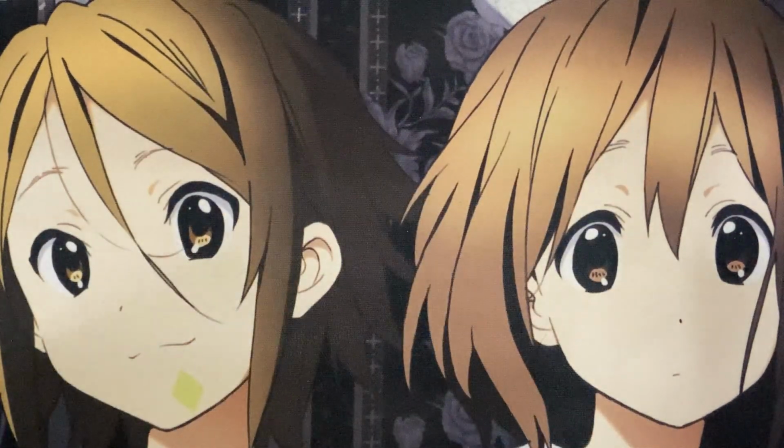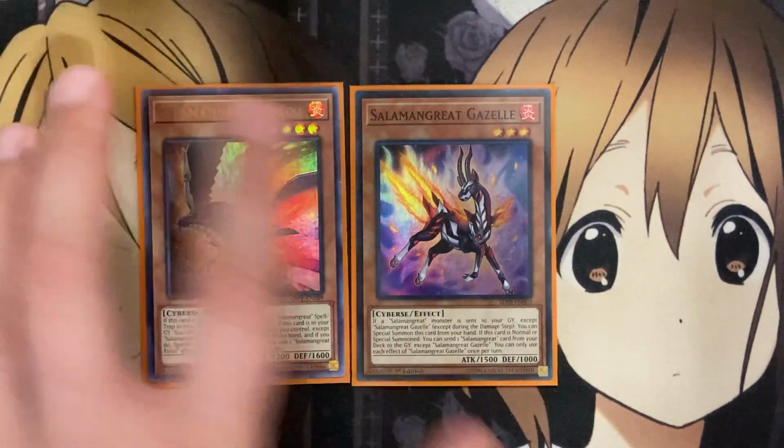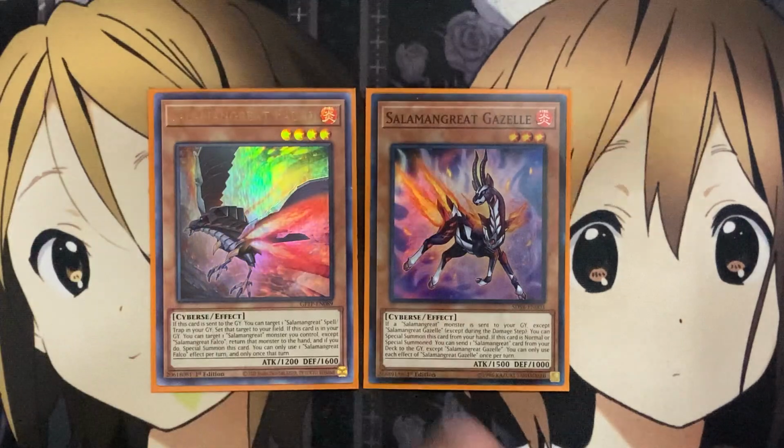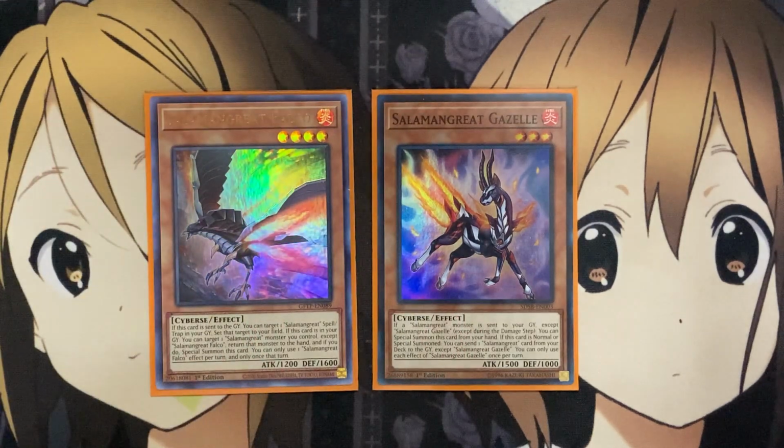For some of the one-ofs for the Salamangreat monsters, I run 1 Salamangreat Gazelle and 1 Falco. I was betting on Gazelle coming off the list, but I'm still very much happy that Circle is at 2. It just gives us another search option for Gazelle, but with Falco being the card that recycles our Salamangreat spell or traps when it's sent to the graveyard, being able to just recycle our Roars, Circles, or Rage, you name it, you have options with this card, and Gazelle being able to set up our graveyard plays by sending other Salamangreat cards when it's normal or special summoned,